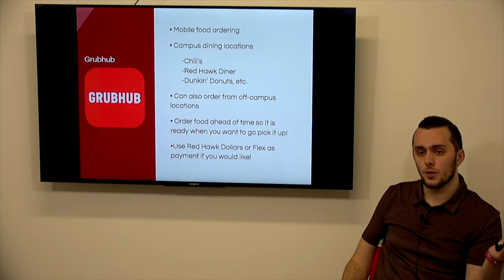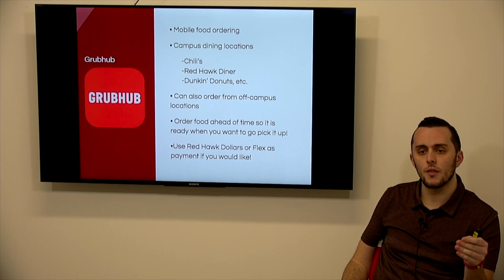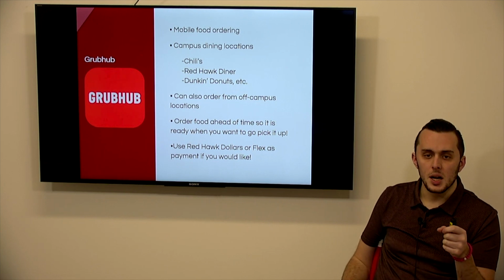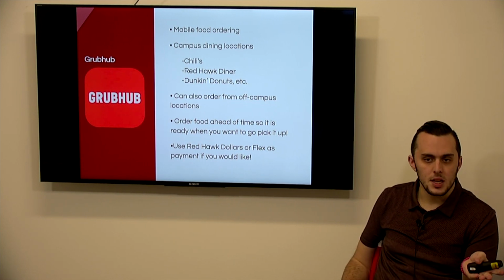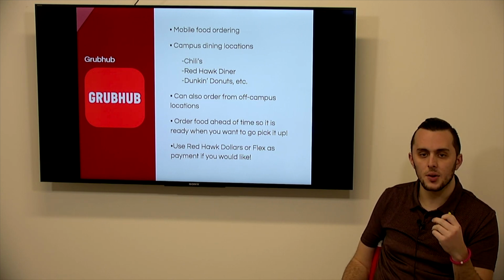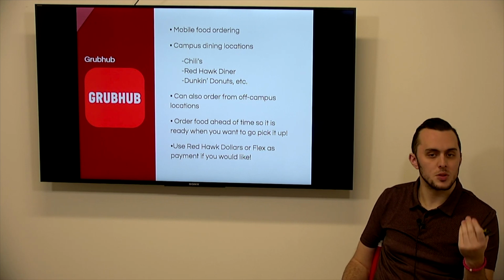GrubHub is food ordering for certain establishments on campus that do offer it. You can do it through the Diner, through Chili's, Dunkin' Donuts in Blanton. But GrubHub is an app that most people probably have for anything off campus, to get delivery or takeout from different food establishments. You can order your food ahead of time so that it's ready when you want to